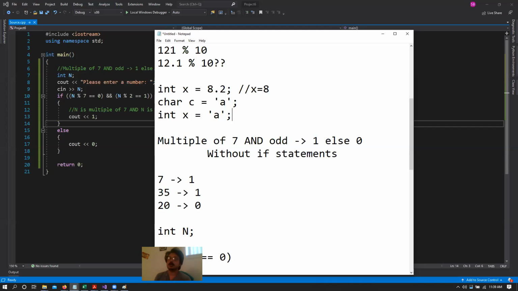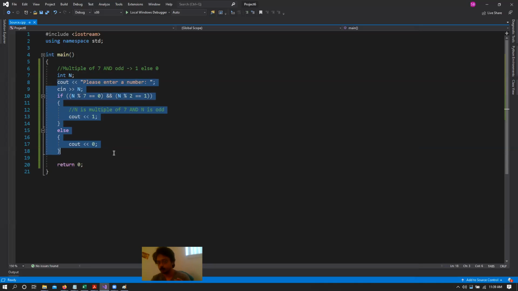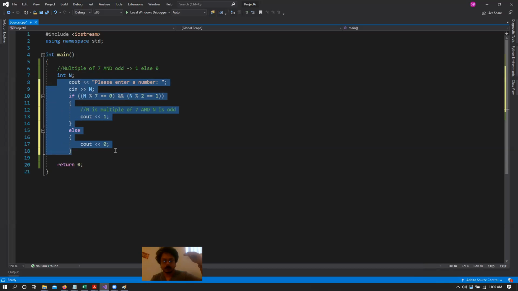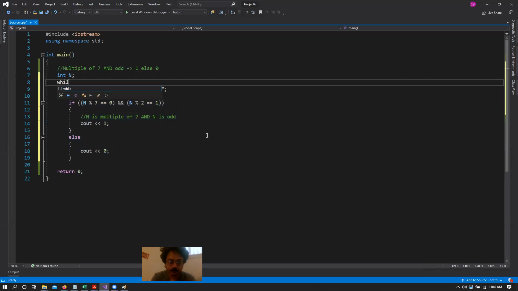Now, if I were to ask you to write the solution where you keep on asking the user for new numbers again and again and printing out zeros and ones depending on whether it was a multiple of 7 and odd or not, in that case, yes, I would have a loop where I would put this entire cout statement and the if condition inside that loop, where that loop body would be executed again and again. But we would not be using a loop to figure out if a number is a multiple of 7. We are using a loop to execute this again and again to ask for more and more numbers. So I can say while 1